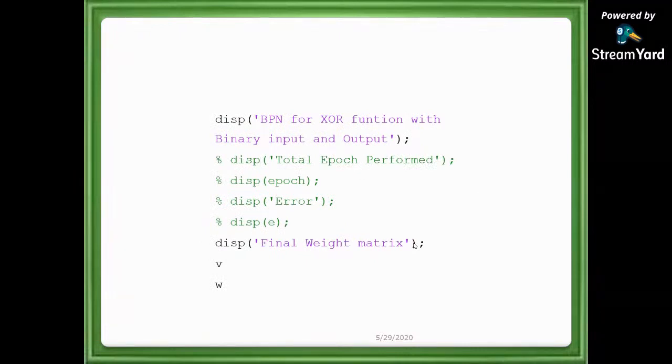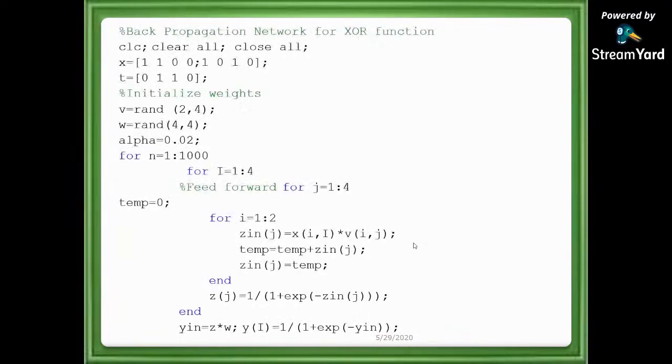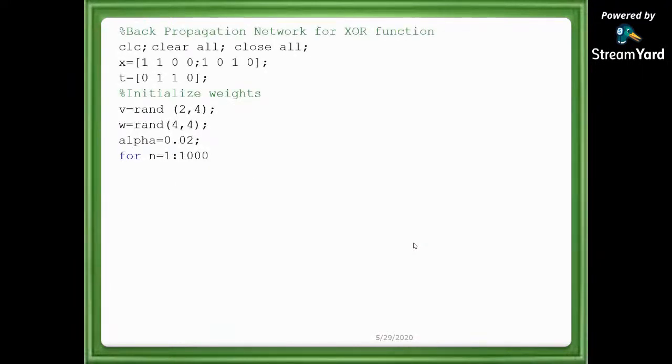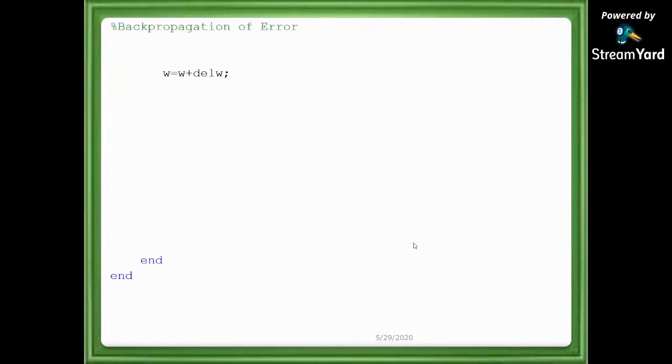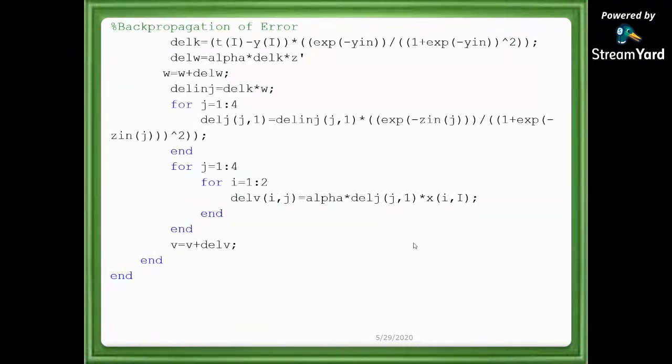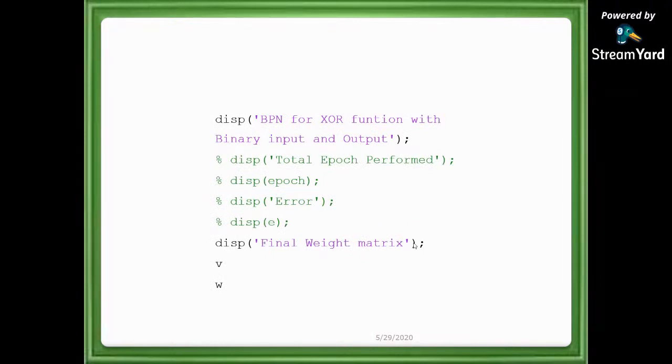Right? Now I display all the values and I have my V and W. V corresponds to the weights and W corresponds to the weights. Here I have used, I think, 1000 iterations. Right? This is what I have used, 1000 iterations. But instead of iterations, you can also check whether your error value is 0 or not. That needs some extra programming, but this is one of the simplest skeletons I am giving so that you can understand it in a better way. So ultimately, at the end of the training process, you need a set of weights V and W.